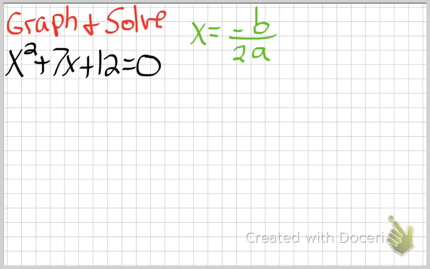Alright, so let's first use the axis of symmetry formula to find the x value of the vertex. A is 1, B is 7, and C is 12,